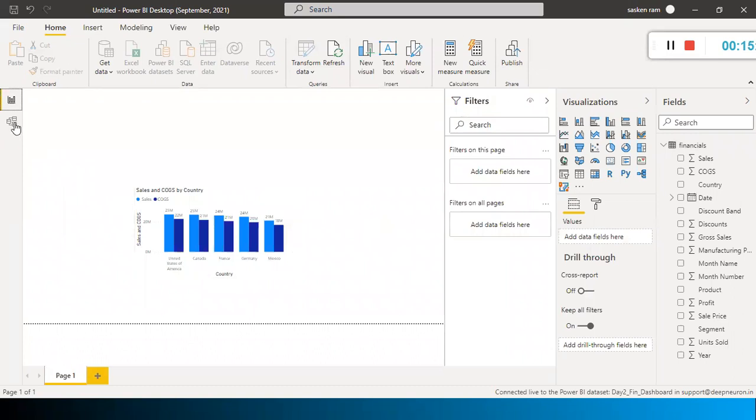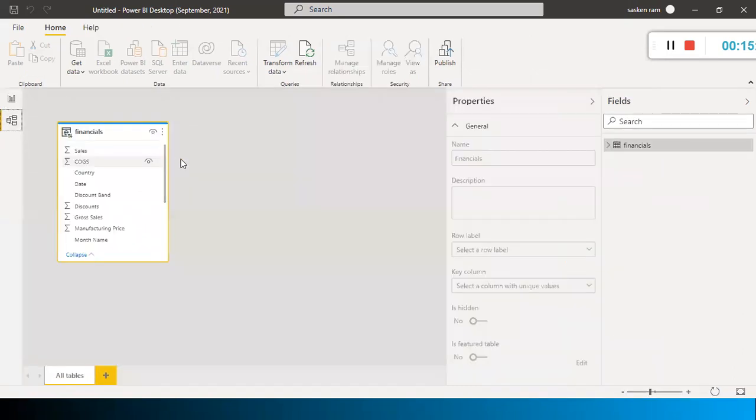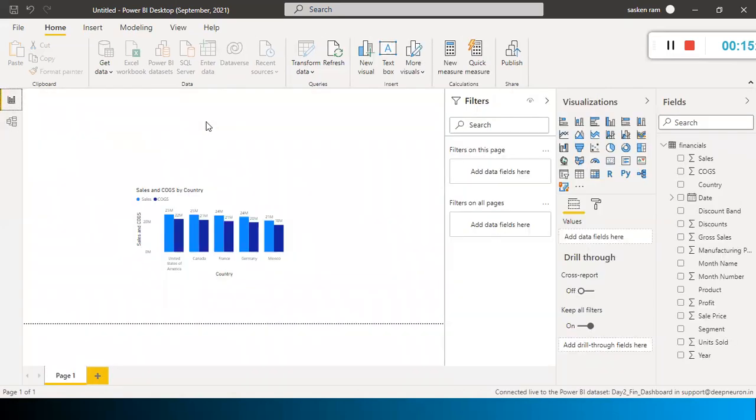Where does the data get stored? Your data will get stored in your data model. You need to tell this. Then they'll ask you, once you develop a report, where does the data get stored? The data gets stored in the Power BI data model itself, okay?